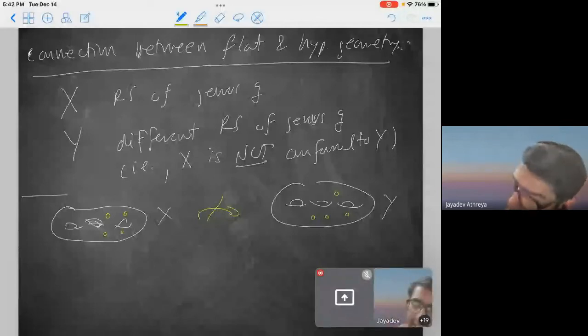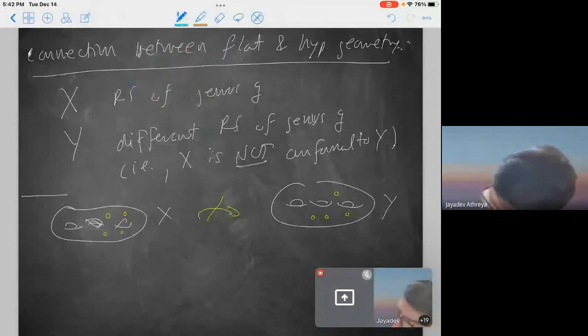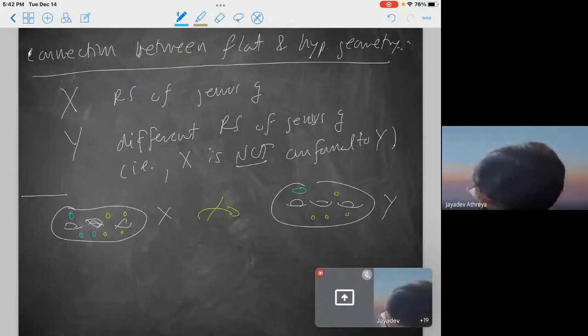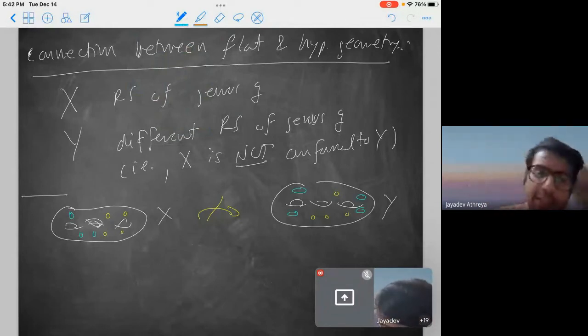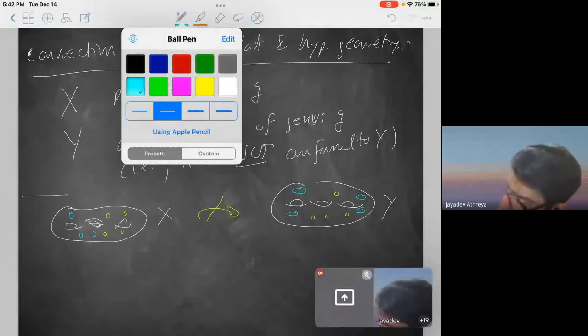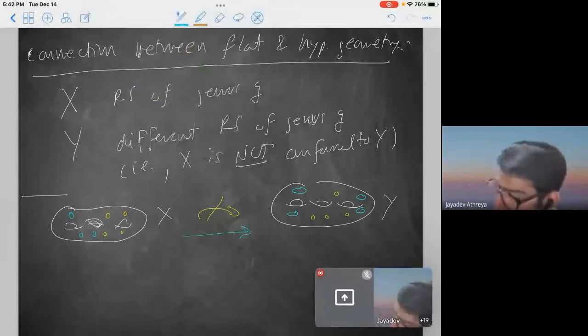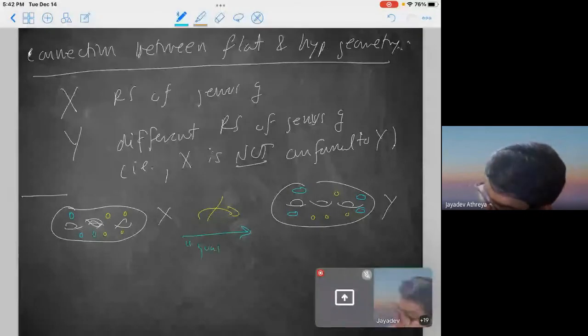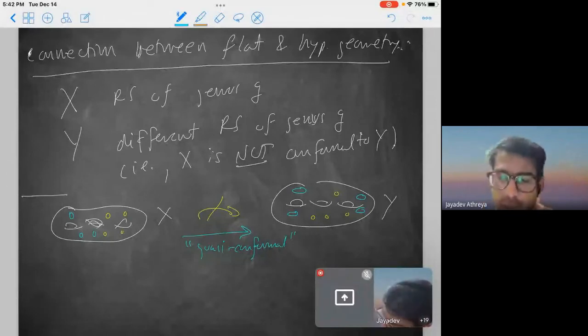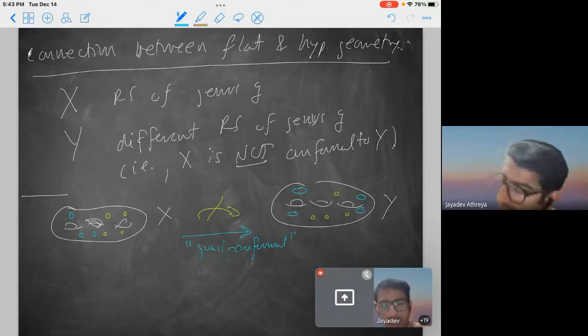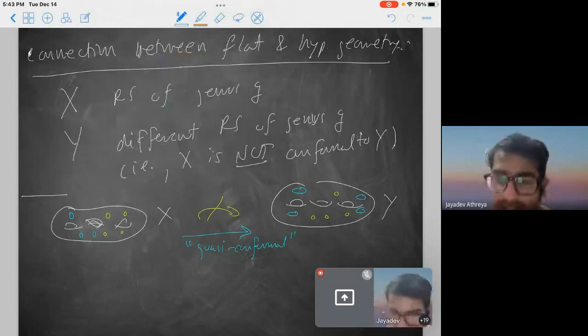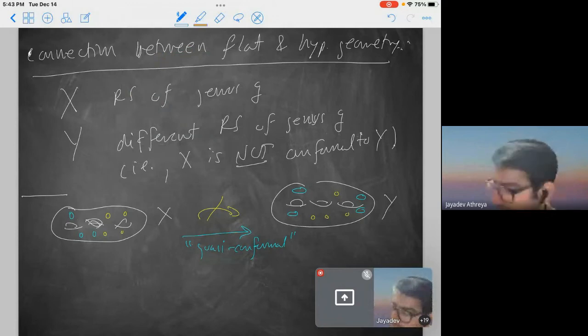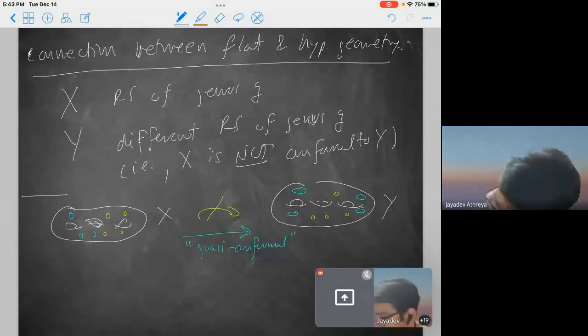But what I might be able to do is take little circles here and make them into little infinitesimal ellipses here. So this might exist, and in fact it does. These are called quasi-conformal maps. They don't preserve angle, but they only distort angle a little bit. Or they distort the eccentricity of what's called an ellipse field. I don't want to get into too much technical detail, but the natural notion of distance is what's called the Teichmuller distance between X